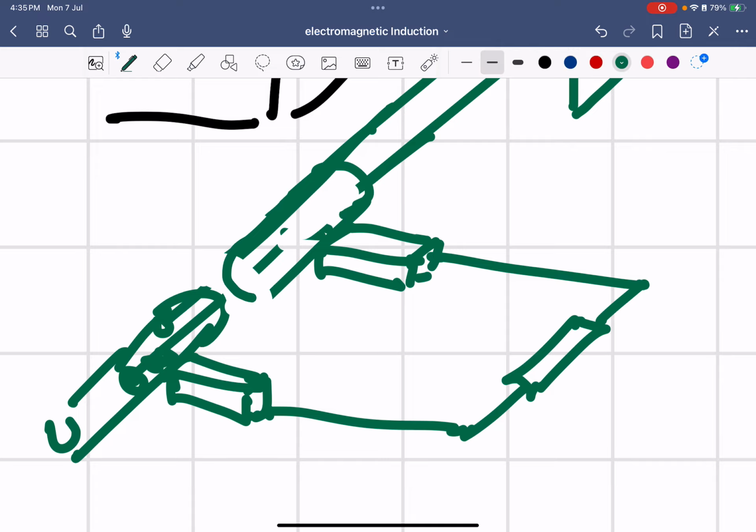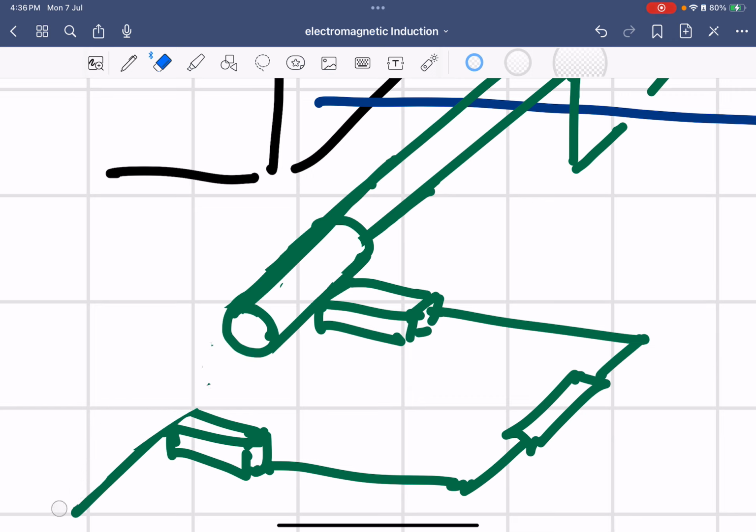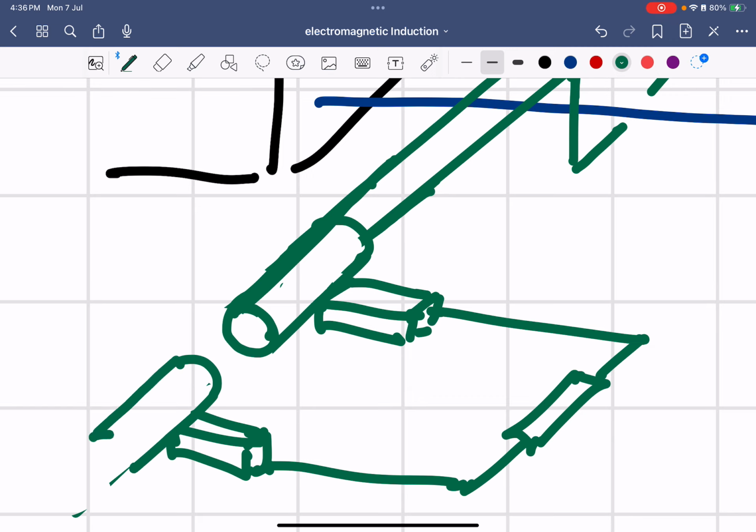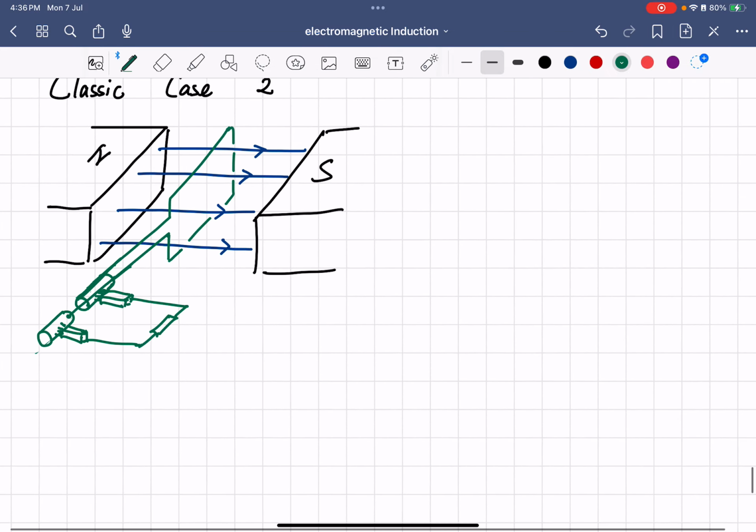So we have one ring here, and then this is connected to this part, and this one is connected through to this part here. This is another coil. This we just connect to here with this. Okay, so